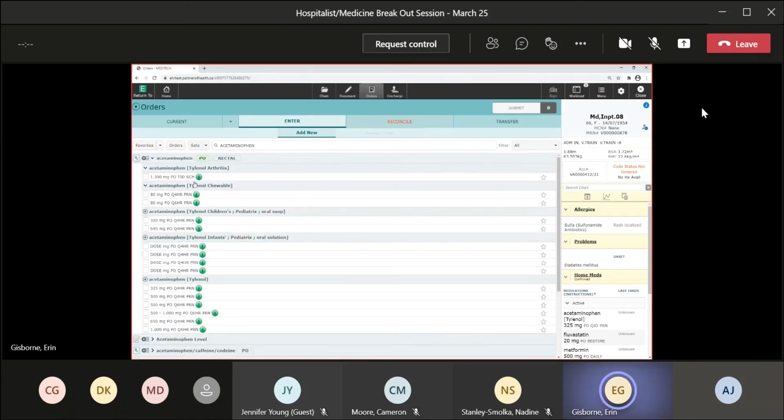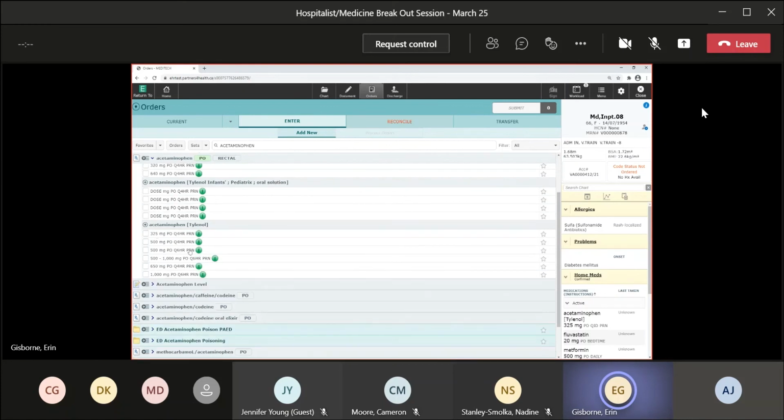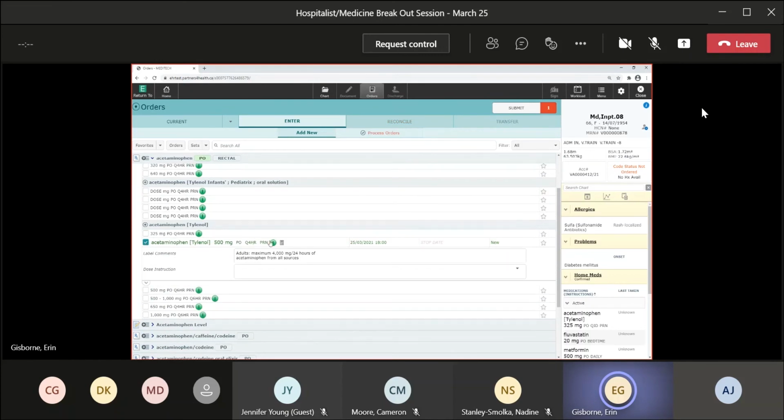Just go to PO. It's going to tell me what I have available. Again, anytime you see a number, you're able to go in and manipulate that. But let's say I want to do 500 PO, Q4H, PRN, maximum of this, and say